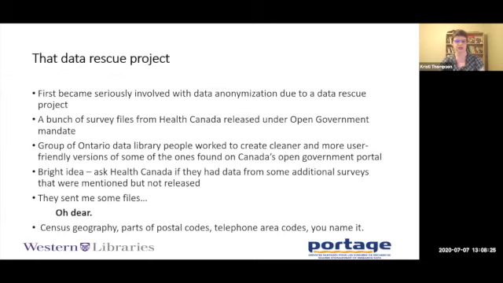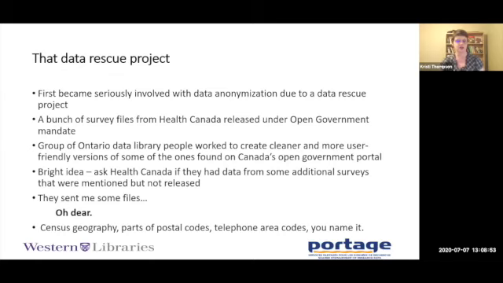These included some pretty sensitive surveys too. There was one relating to HIV that asked questions about sexual behaviors, and another series with questions on illegal drug use. Now, we could have just thrown the data files away, but these were, as far as we knew, the only surviving data from some really interesting and important public surveys. And after some back and forth, we realized that Health Canada just didn't seem to have any idea what to do with them. So that brought about phase 2 of the data rescue project.